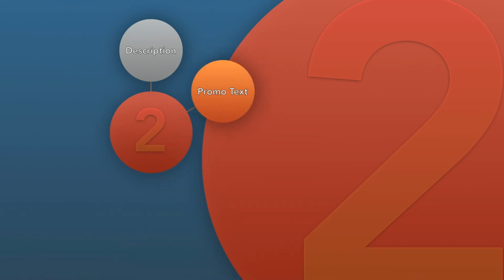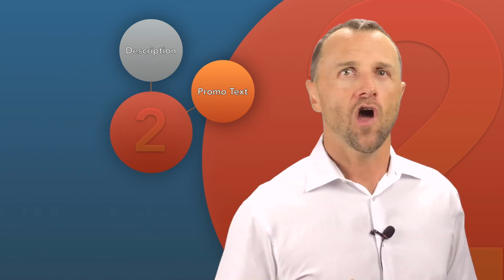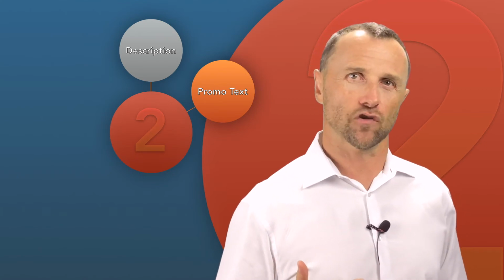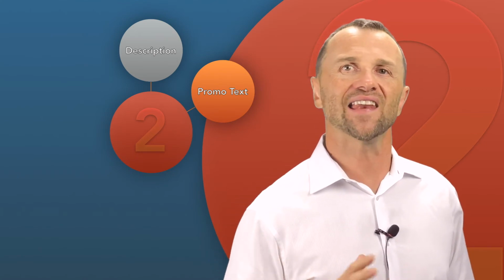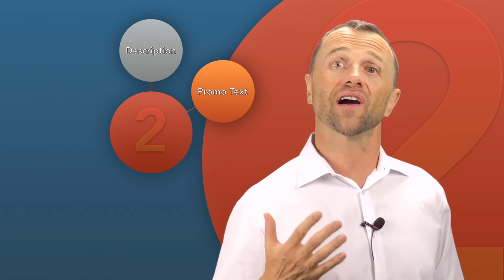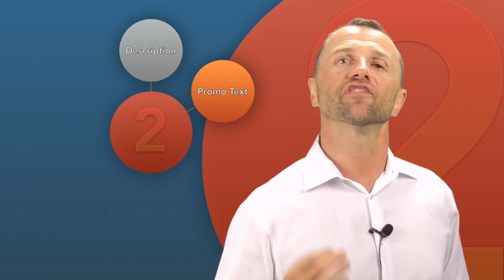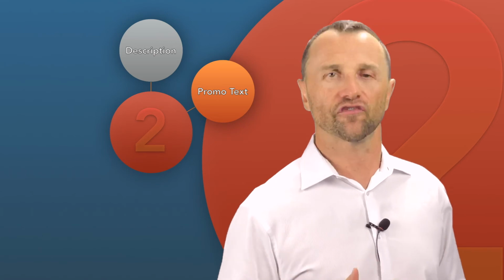Second, the promotional text. The promo text is a 170 character section that appears at the top of the description for the app and in the product page view. Unlike other parts of the app page, the promotional text can be updated at any time, and although it doesn't provide keyword indexation, it is a visible asset which is very helpful for conversions.